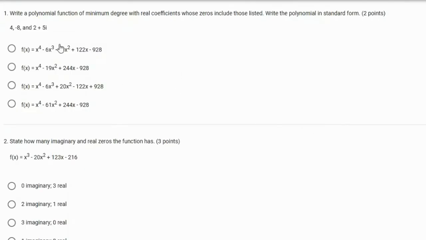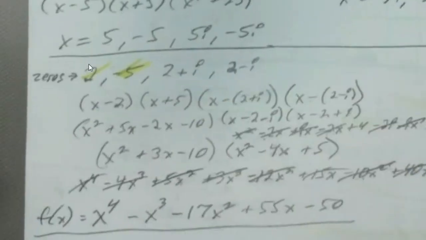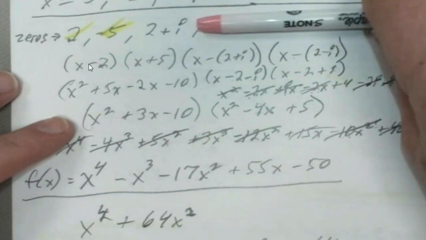And I kind of went over this first one. Write a polynomial function of minimum degree that has real coefficients whose zeros include this. Has a 0 of 4, -8, and 2 plus 5i. And you have to find which one of these polynomials has those zeros. So I worked the problem similar to that on our paperwork, and I'll show you that. And I actually only listed these three